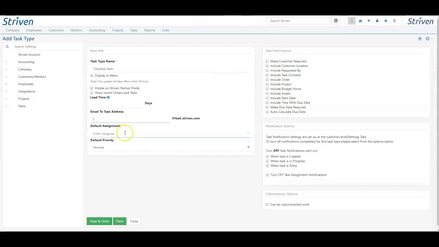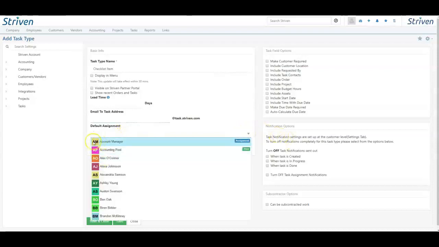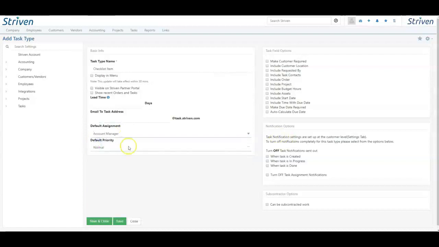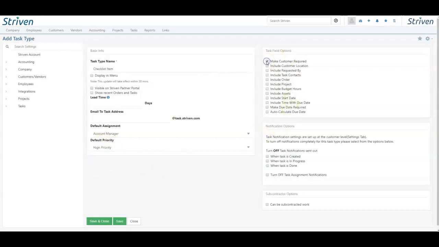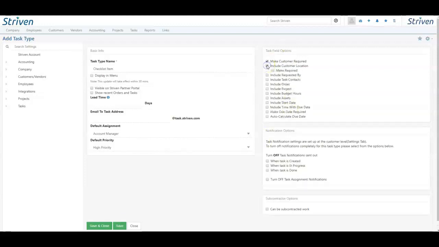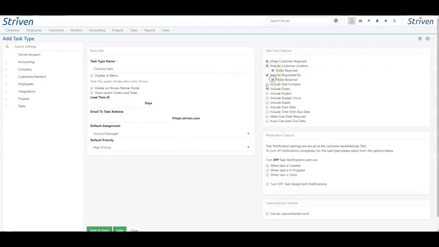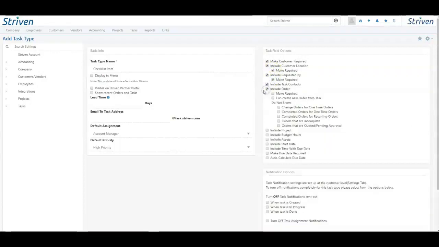Here we can set our default assignments, which would be the people working on the task. As you can see, we'll set this one to Account Manager. Our default priority, which is already set to normal, but let's go ahead and set this one to high priority. We can make our customer required, we can include customer location, and if we choose to do that, we can also make it required, as well as some of the other options in this task type,